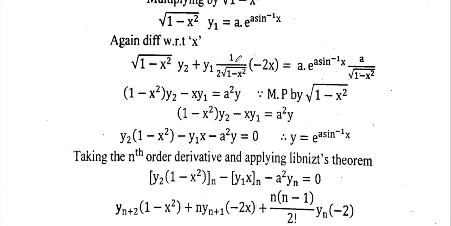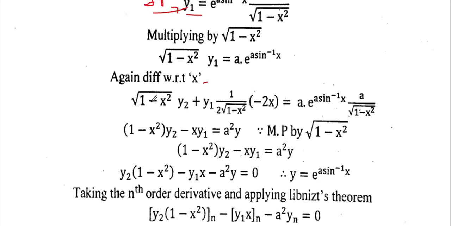So again, differentiating on both sides with respect to x, we get the derivative of the first function into the derivative of the second function, plus the second function into the derivative of the first function. The derivative of root x is 1 upon 2 root x. So this can be written as 1 upon 2 under root 1 minus x square into the derivative of x square, which means minus twice x. So we can write the left hand side in this way, equal to